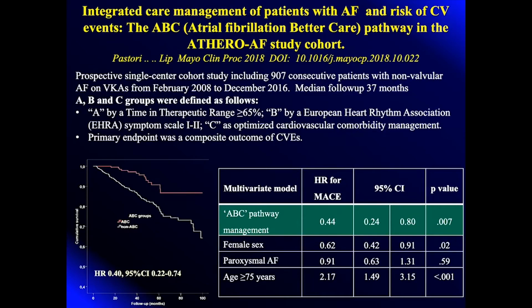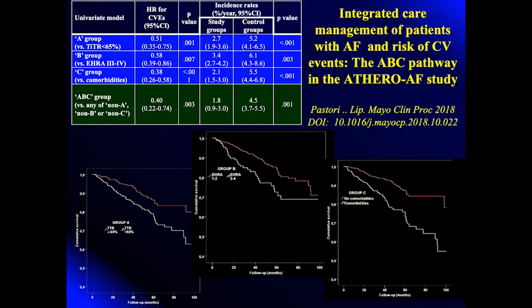The hazard rate for major adverse cardiac events was 0.44. In other words, over 50% reduction in the composite cardiovascular adverse event outcome. You ask quite rightly, which is more important, the A or the B or the C? Well, the response is all three are important, because we also analyzed this because we compared for the A, good